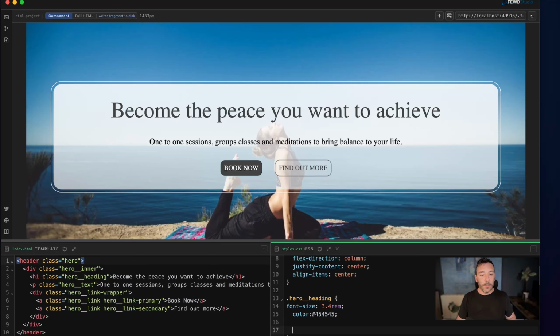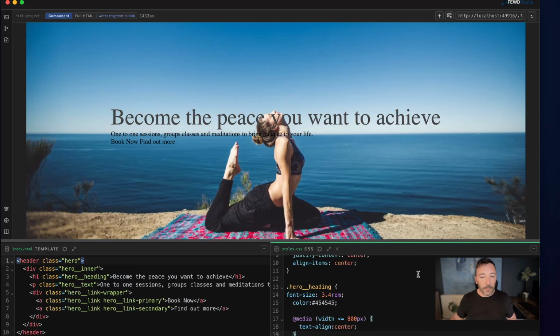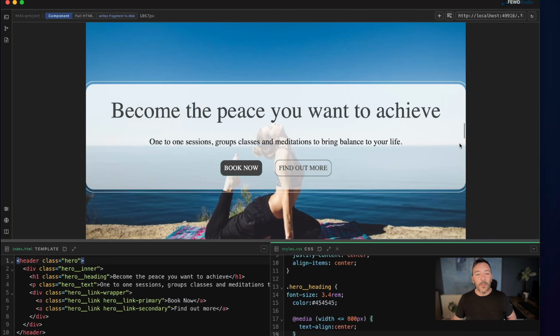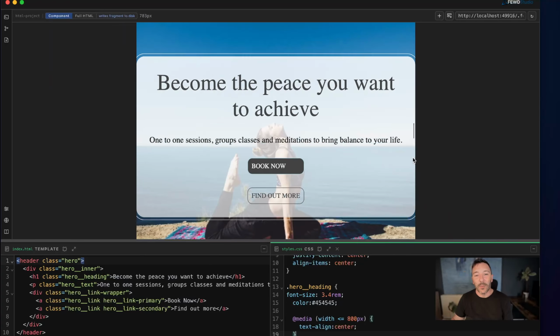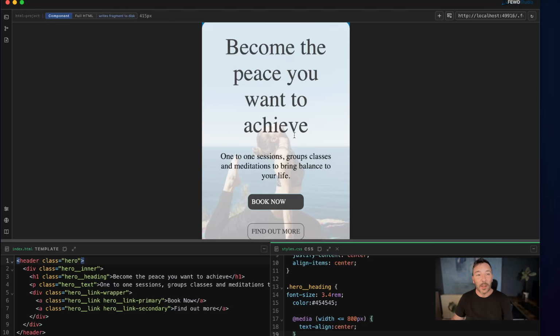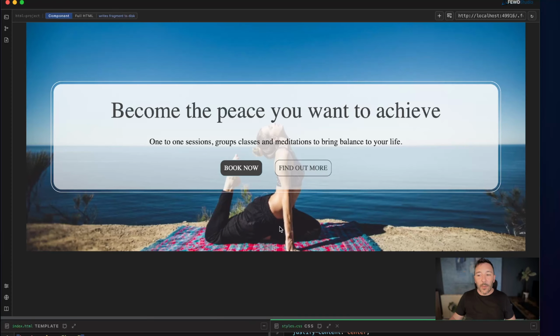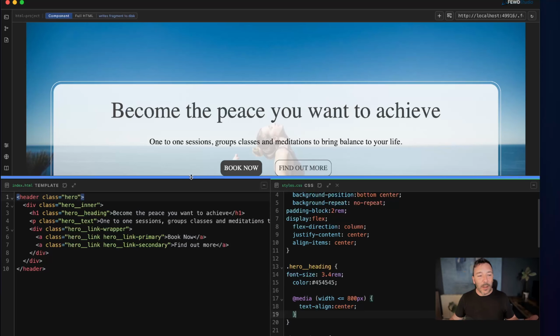Where are we? Cool. Okay, so that's a little bit of mobile responsivity brought in there. Something else we might want to do is obviously padding for that box, although you might decide that that's exactly what you would like. But yeah, that's looking pretty nice. So there is a hero section, created from scratch. We've got 2 buttons. We've got a bit of mobile responsivity, and we've had a look a little bit at how to make that happen, and that nice little